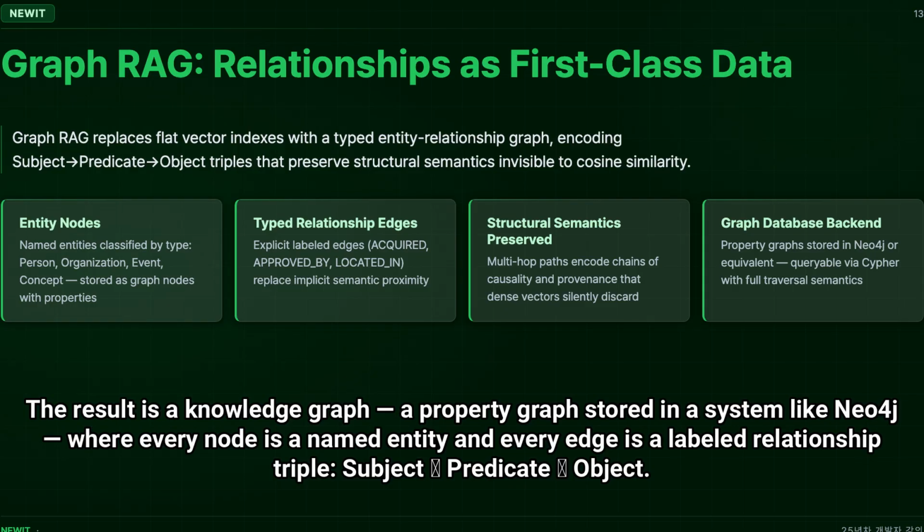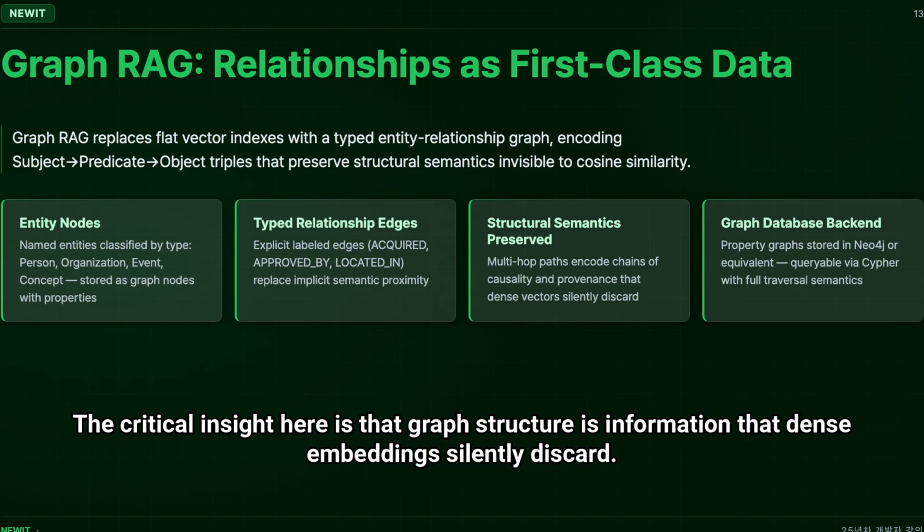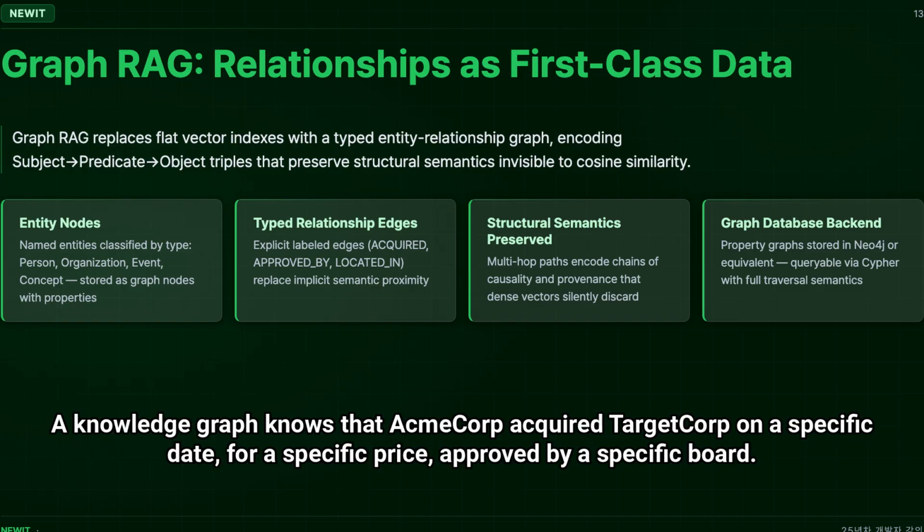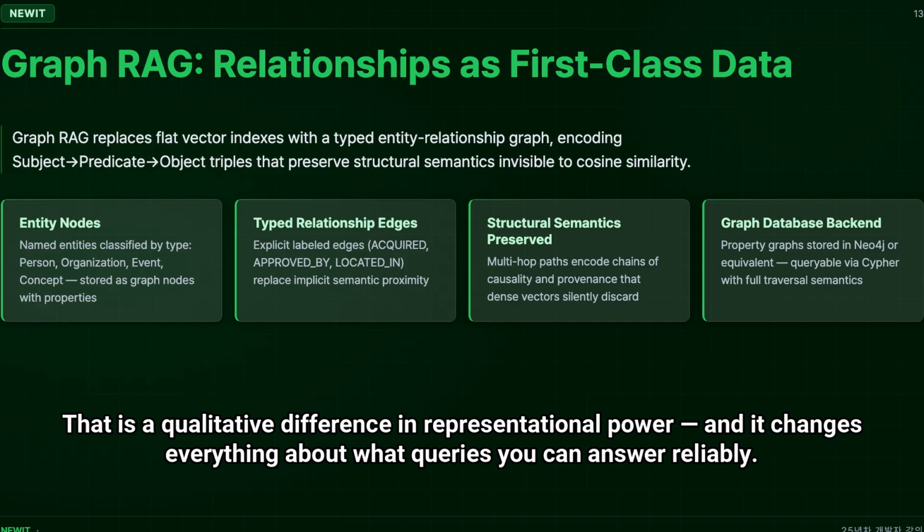Where every node is a named entity and every edge a relationship triple: subject, predicate, object. The critical insight here is that graph structure is information that dense embeddings silently discard. A vector index knows that acquisition and merger are similar concepts. A knowledge graph knows that Acme Corp acquired Target Corp on a specific date for a specific price, approved by a specific board. That is a qualitative difference in representational power, and it changes everything about what queries you can